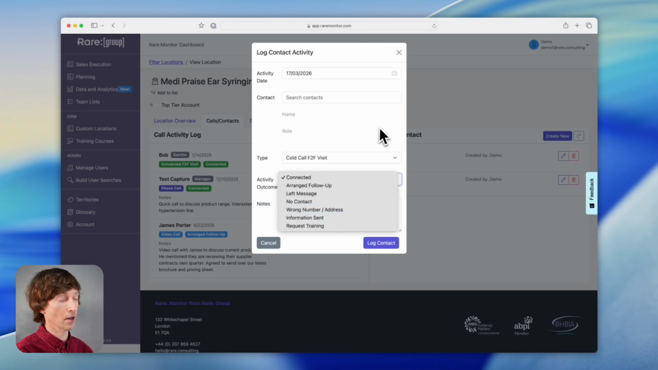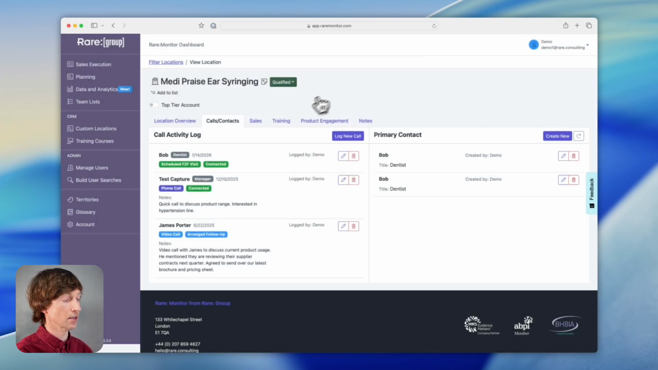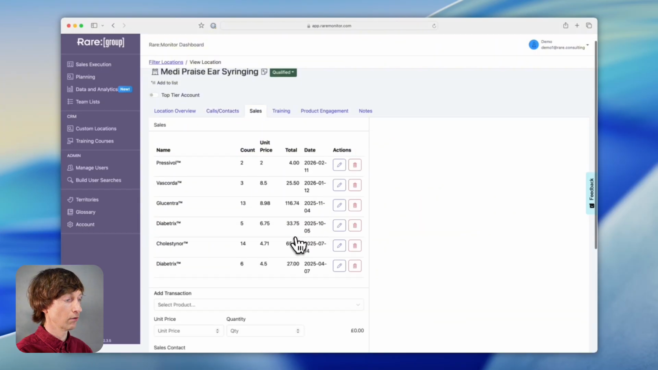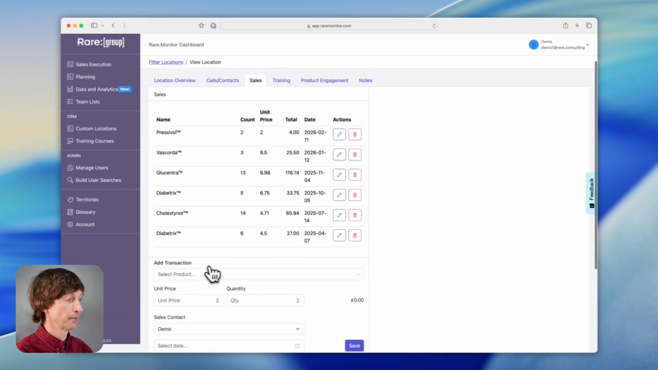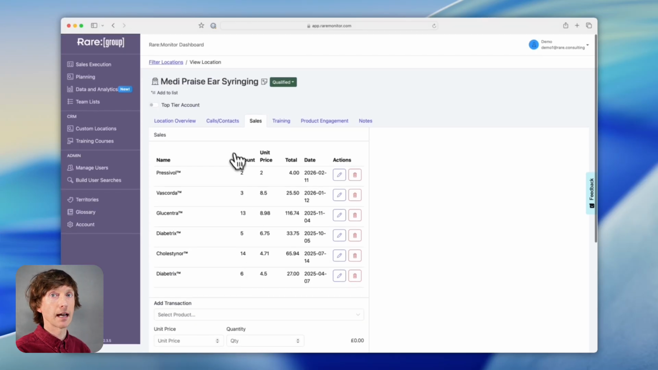And I can also log here sales transactions at this location, either through the Rare Monitor team or directly through the user interface. That's really useful information, and it helps us understand how you can better reach your target prospects through the modeling that we offer. But you also want to be able to analyze it and understand how the team are getting on in the market. So if you go to the interface, go on the left-hand panel and click on Data and Analytics, or